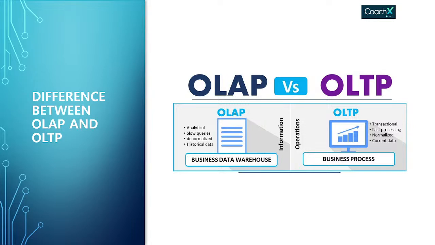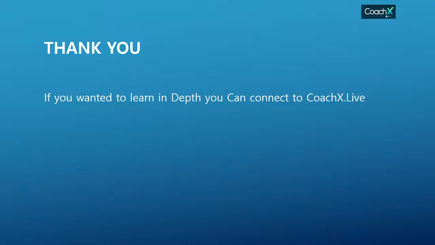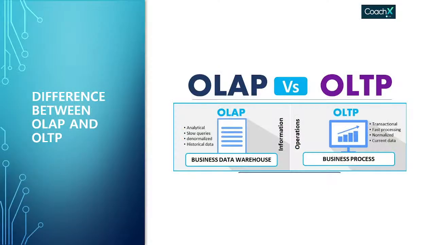Various types of schema are also present in OLAP, like star schema, snowflake schema, and fact constellation schema. But OLTP is based on one model called the ER model, which is the entity relationship model. There are many vast differences between OLAP and OLTP, which can't be covered in just one session. Now if you want to learn in depth, or explore more about data warehousing concepts, how data warehousing helps in data analysis, and how big data analytics and other analytics domains work with data warehouses,